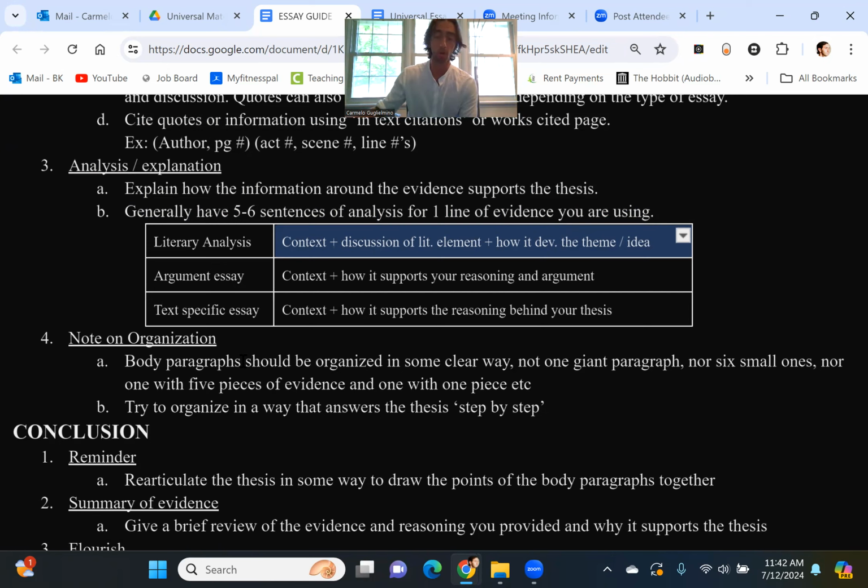How does it develop the theme or ideas of the text? Again, you can extend that into 3 or so sentences. Now, what I think you're probably sensing here is that you can really, really stretch this out, but you don't always want to. Again, we need to find that balance, that sweet spot between not saying enough, not articulating ourselves enough, and over articulating ourselves. So a big mistake a lot of high school students make, a big mistake a lot of adults make, is thinking that because they can talk and write and articulate a lot of stuff for a very long time, that means their comprehension, their thinking, and their articulation are strong. That's not necessarily true at all.